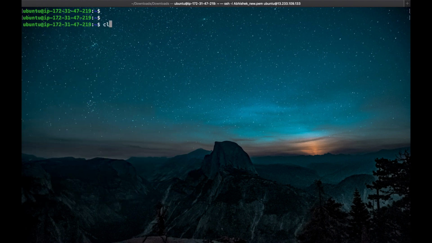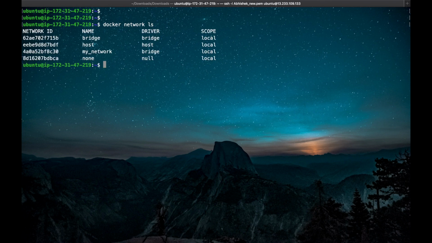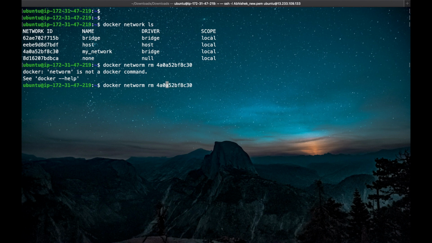The last command is how to remove the network. I want to remove my custom network, so the command is docker network rm. There is some problem in my command.